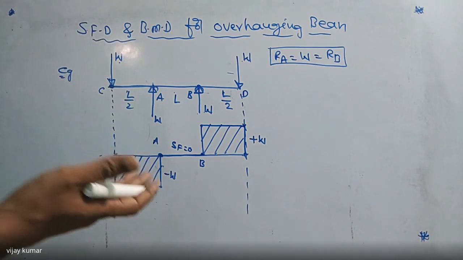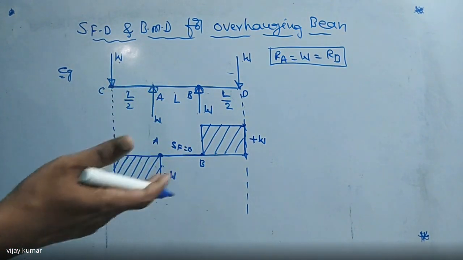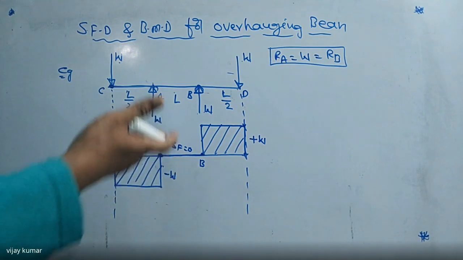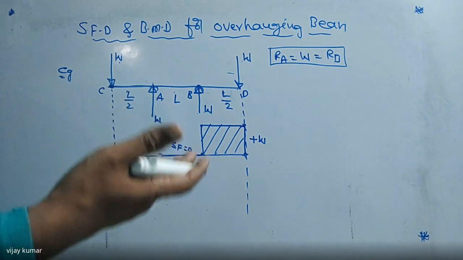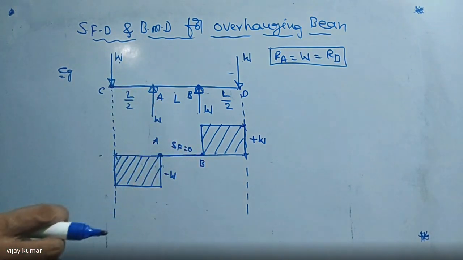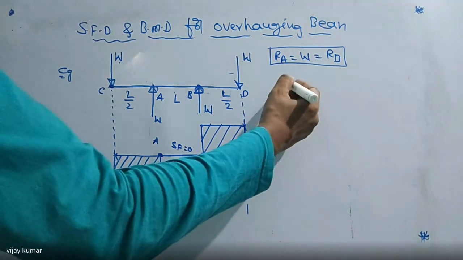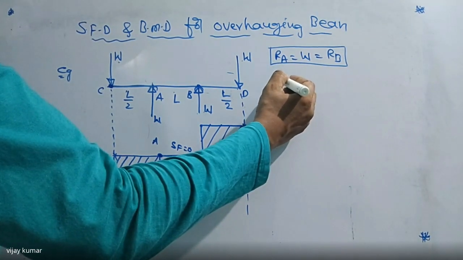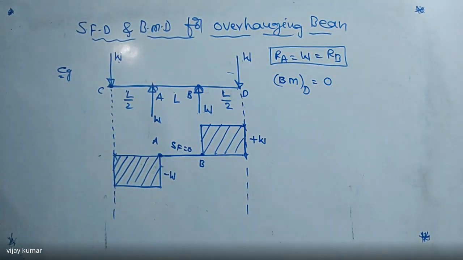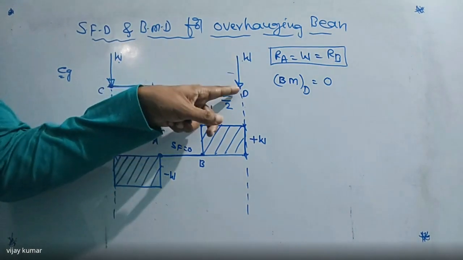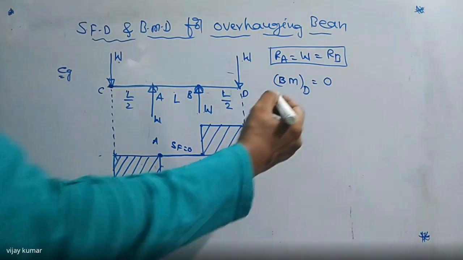So we can draw this bending moment diagram very easily if you know how to draw it. We can draw it very simply, but first I'm going to explain how to find the bending moment at every point. After that, I'm going to draw the bending moment diagram. Listen carefully here. What is the bending moment at D? It is zero, because this force must be passing through point D, so that moment must be equal to zero. And I'm going to write it here.